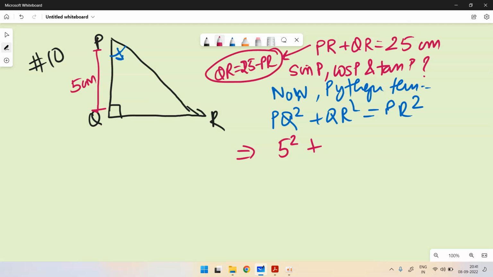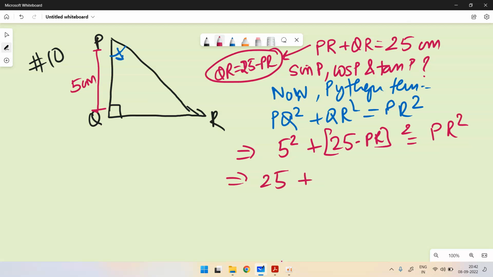So I am substituting the value: 25 minus PR, whole square, is equal to PR whole square. If you expand this, 25 squared is 625, plus PR squared, minus 2 into 25, which is 50 PR, equals PR squared. Now from here you can see that this PR squared gets cancelled, which implies that